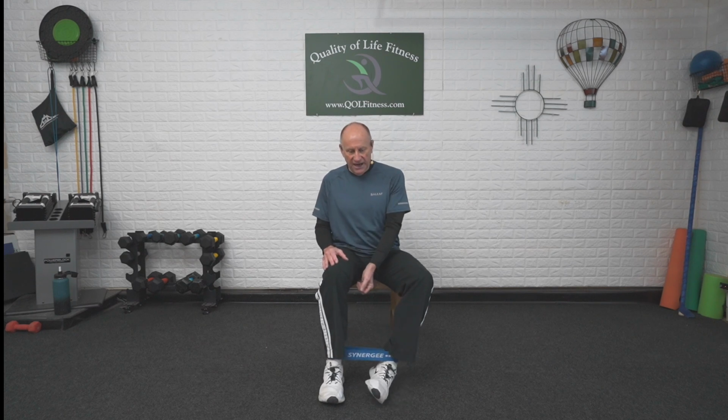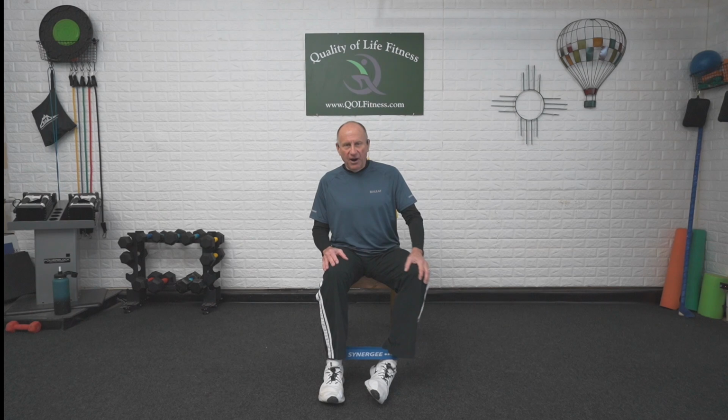Starting out, just step out with one foot, a little bit out to the side. Toe stays forward and bring it back. What you want to be careful of on this one is the band will try to pull the foot in and just the knee goes out. You want to work on strengthening these muscles up around the knee, lifting the leg, step out, back in, controlling